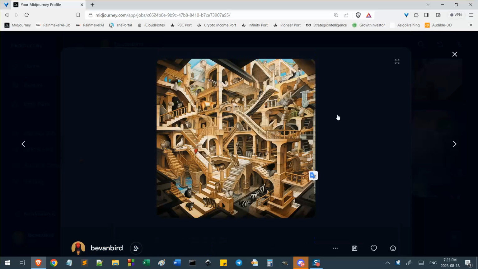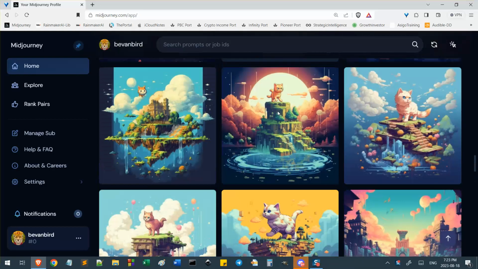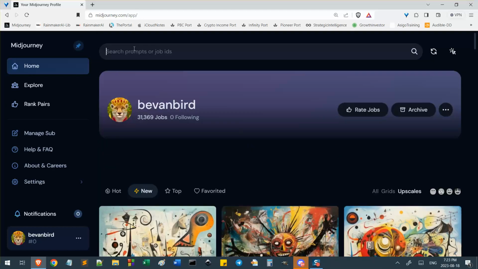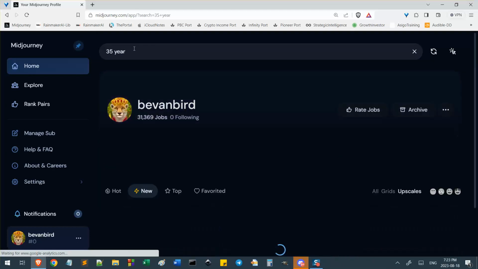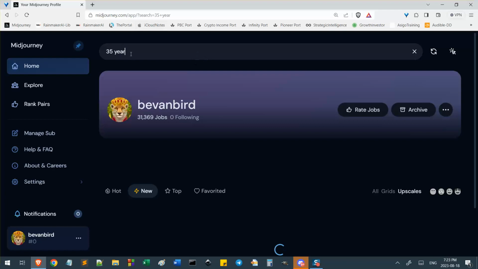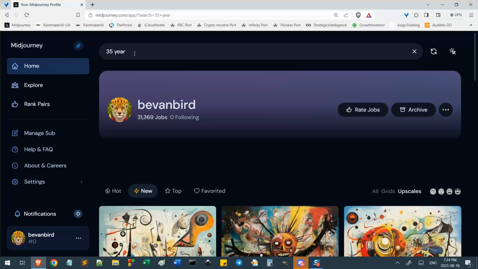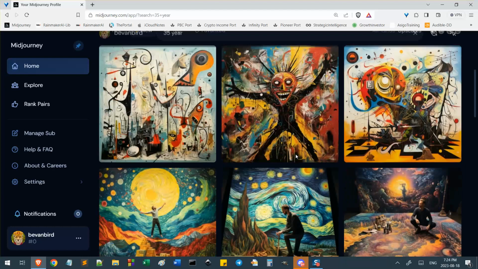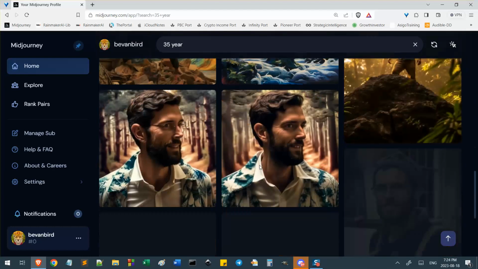Okay, but there's a lot more than that. Let's filter all this to 35 year, because there's a prompt that I put in that said 35-year-old. Actually, I'm 38, but this is what I had written in the prompt, so let's see what happens with that. That's not going to work in this case, because I created some prompts about me, this 35-year-old man in the jungle, in a whole bunch of different styles. So we'll have to ignore those for now.